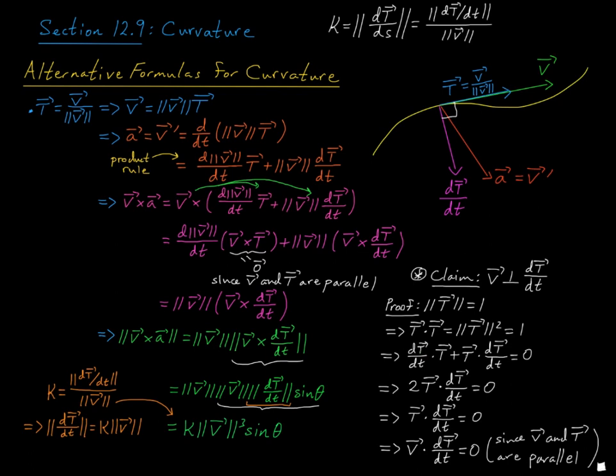Okay, so that gives me what you see on the left. And then on the right, I'm just differentiating a constant. I'm differentiating 1, so that gives me 0. And now I can use the fact that the dot product is commutative, so I get 2 times this dot product is equal to 0. And I divide both sides by 2, and you get that the unit tangent vector T dotted with this derivative